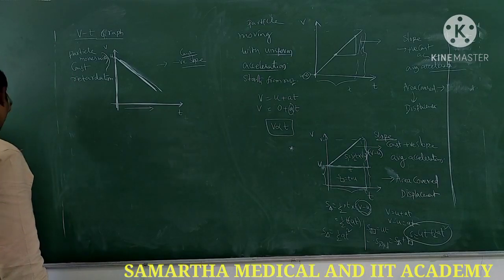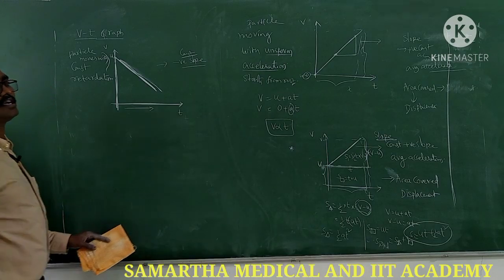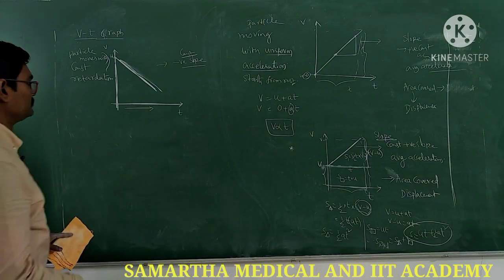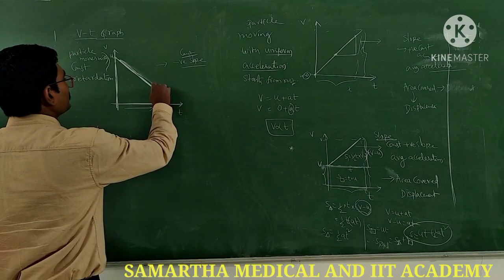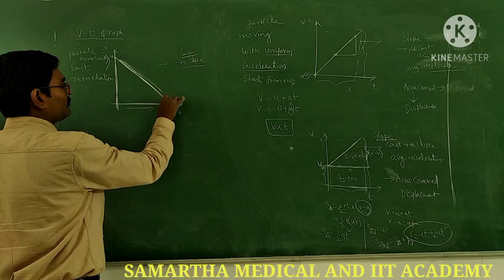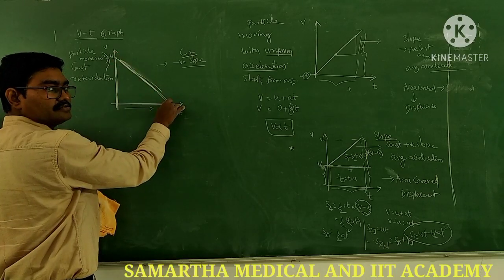Right, next, suppose you take a particle which is thrown vertically upward for the entire journey. What will happen? We will see. Velocity becomes 0, that means till here it comes. For a vertically projected body, the final velocity will become 0, right? So till that point you can draw like this.